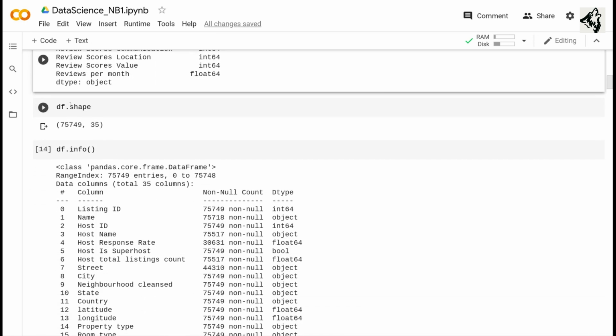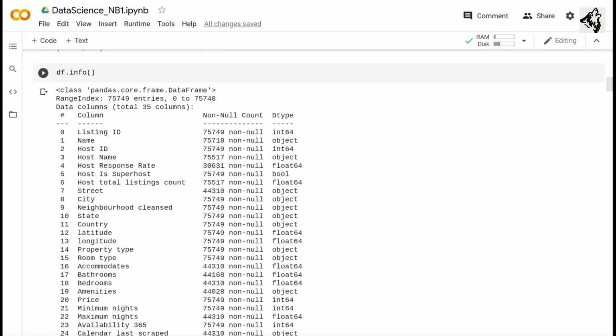Then we have printed the number of rows and columns of our data. So we have 75,749 rows and we have 35 columns. Then we print some information about our data. It shows us the column names along with the data type and also how many values are present that are not null.